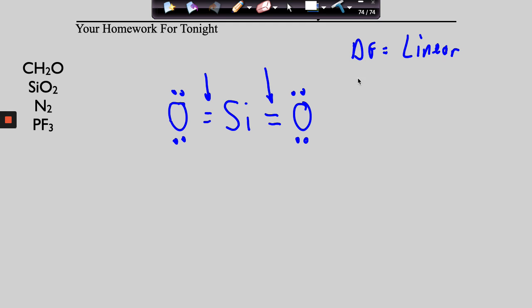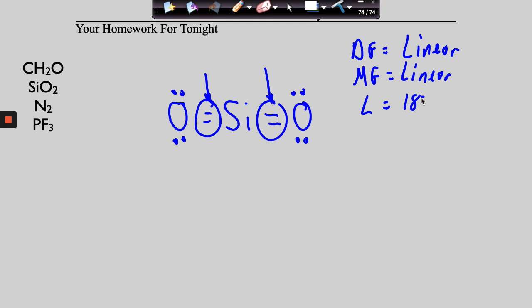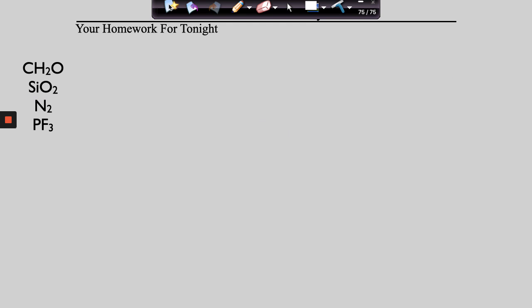Now, in order to figure out the molecular geometry and the angle, we need to know how many of these domains are bonding domains. Of course, the answer is they're both bonding domains. So the molecular geometry is also linear, and this angle is 180 degrees. Just like so. Okay, so you'll notice in the first 2 examples, all of the domains were bonding domains, and as a result, the domain and molecular geometries are the same. What if they're different? Well, N2